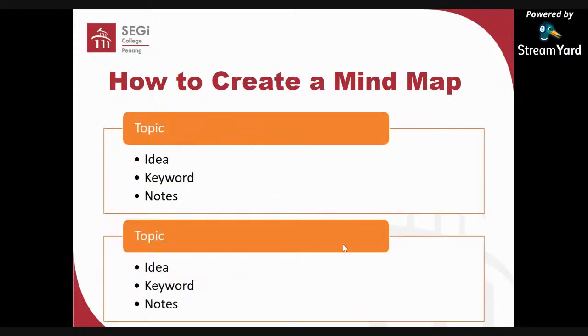Then this is another way that you can draw your topic also, but you put it in boxes. Your topic, maybe your title is what it is, then you can put some keywords and your notes in point form, so that later you can go through them easily and very fast. Because at the last minute, you cannot read everything and find it from your textbook.